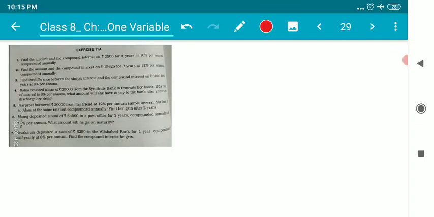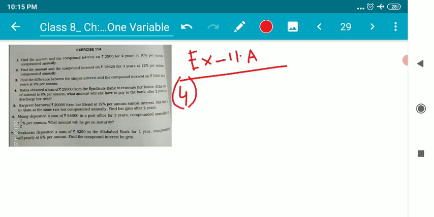This is Shibal speaking. Children, as we are over with the chapter Compound Interest from NCERT, and we have started dealing with R.S. Agarwal, which is exercise 11A, we are going to deal with some very important questions. I have chosen two questions to solve, which is question number 4 and question number 6 of this particular exercise. So let us have a look what this question number 4 is all about.